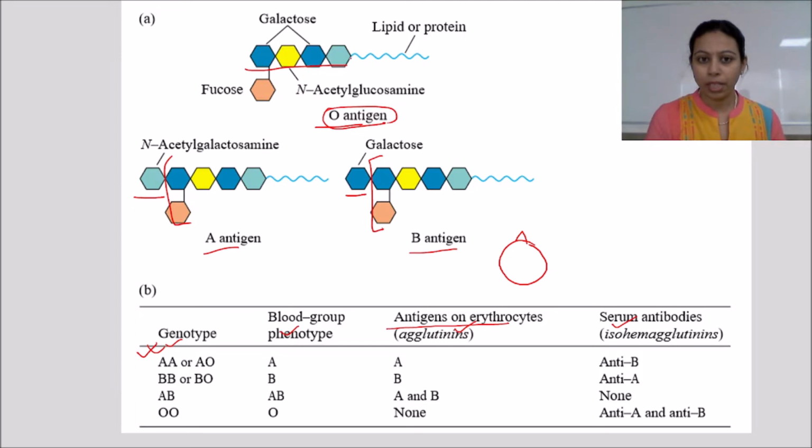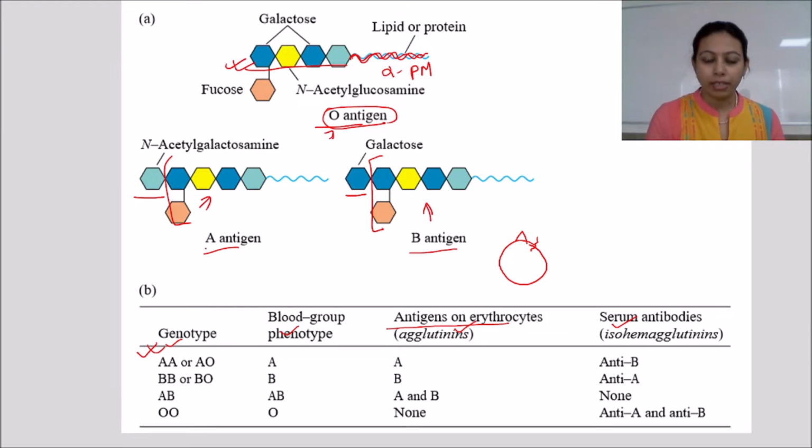You can see here one wavy structure. What is it presenting? This portion is an alpha helical structure of the protein which will be inserted in the plasma membrane. So how will the structure look? This coiled alpha helical structure will be in the transmembrane side, and the outer portion will be the carbohydrate chain. It can be either glycolipid or glycoprotein in nature. So these are the markers present on the cells. O antigen will have this marker on the cell, A will be this one and B will be this one.